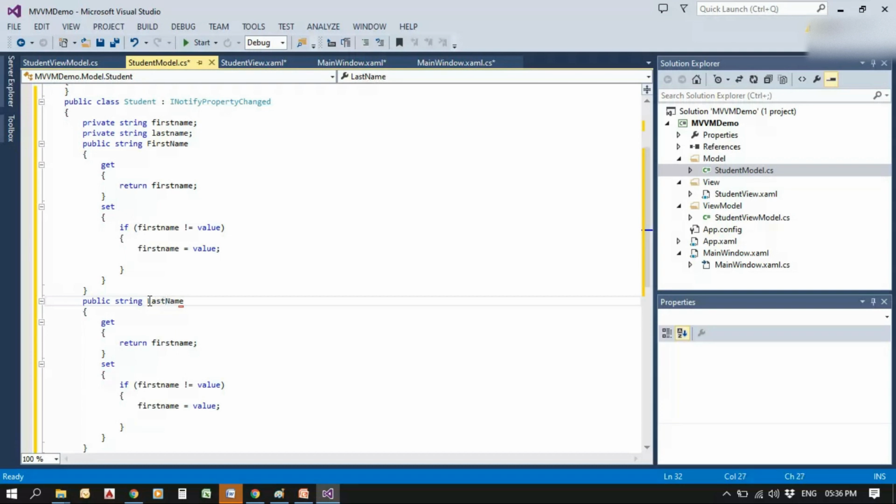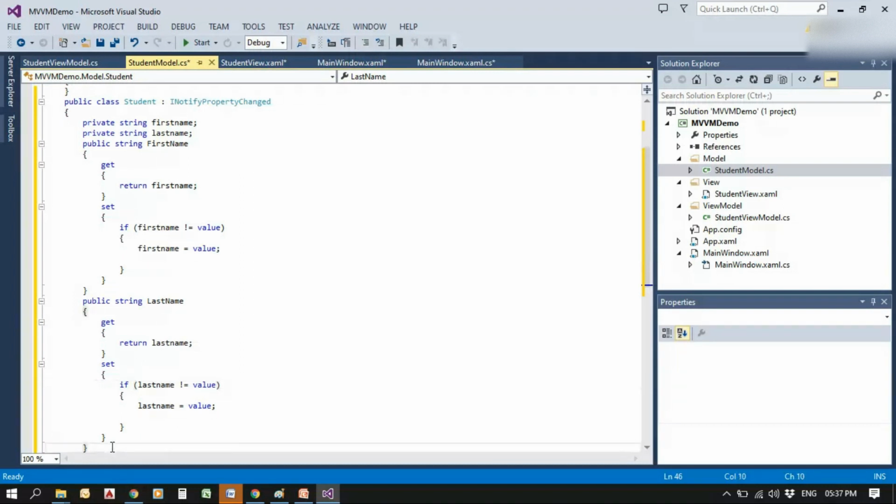So this public string that we have defined in that XAML, so the names FirstName and LastName are the public strings over here. So we are using this public string for changing and fetching the data. Inside the small letter lastName and firstName, we will store the data in the model. So we got first name and last name.